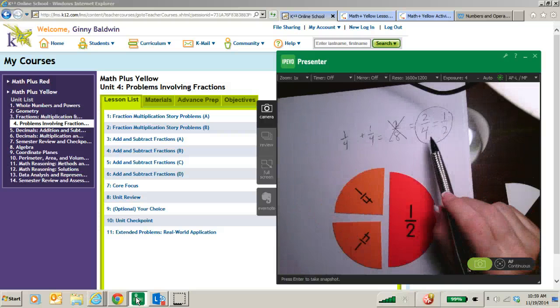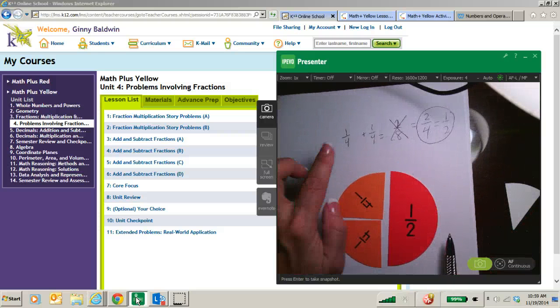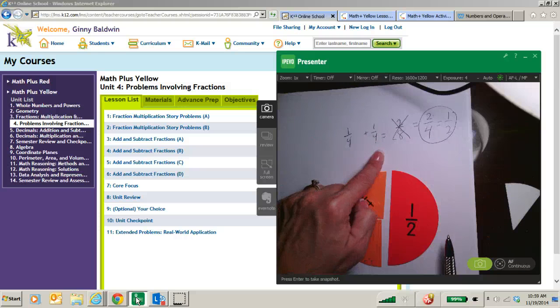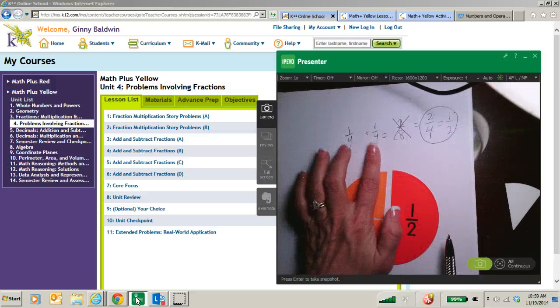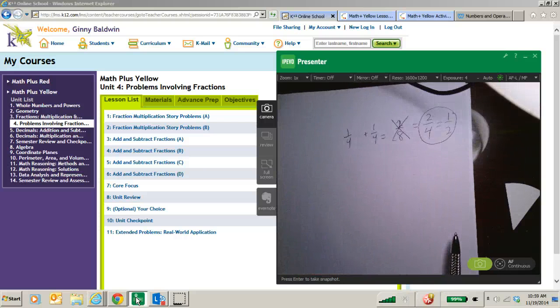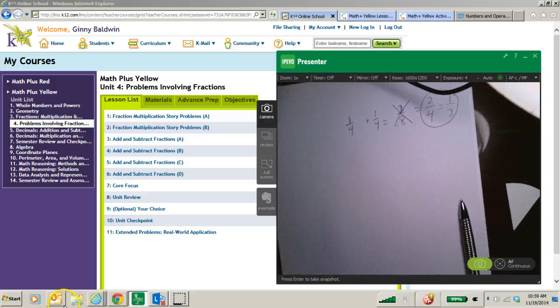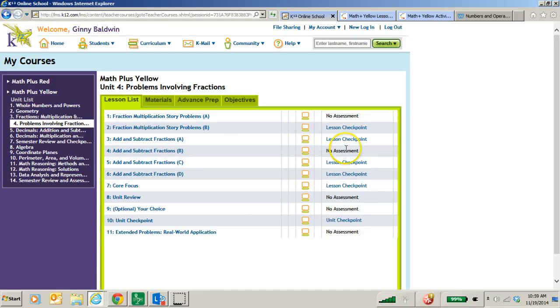So that's really important for students to realize, that you must have like denominators before you can add and subtract, but we don't add the denominators together. We keep that denominator the same. Now, as you go through the lessons, there are some things that get a little tricky,